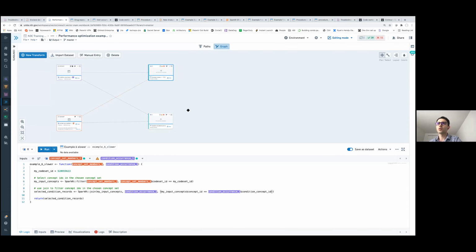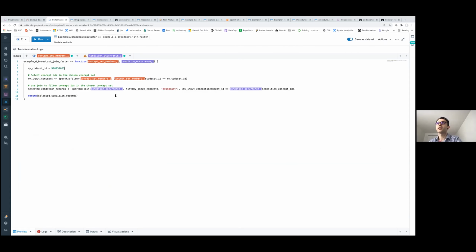A better way to make this faster is this: we know that the concept set members table that I'm joining here, especially after I filter to only this code set ID, is a much smaller table. So this is generally a good candidate for a broadcast join. The way to do it here in R is to just add the keyword hint and the keyword broadcast to my concept sets data set.